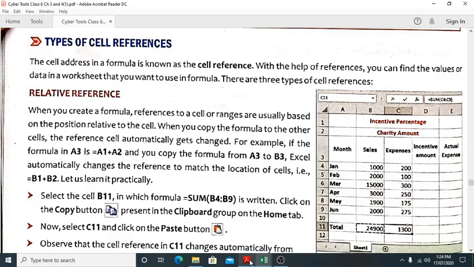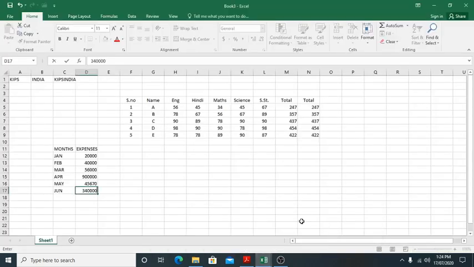Now what we have told, relative reference, you can see here, here we have written general, incentive reference.